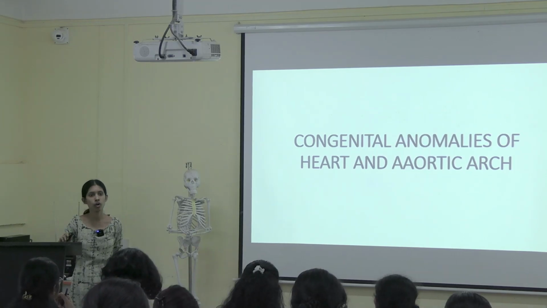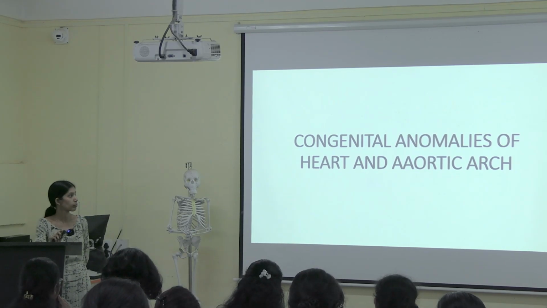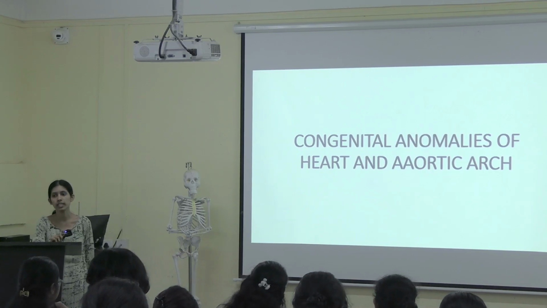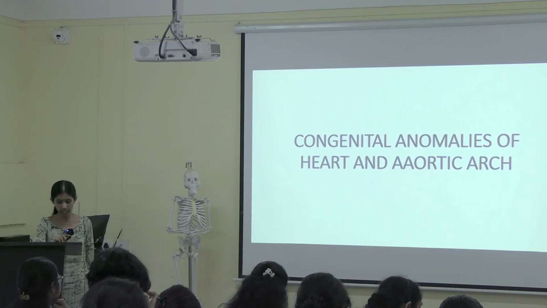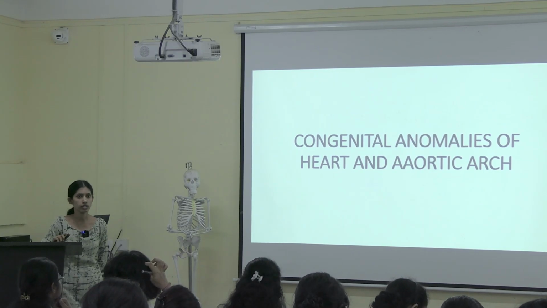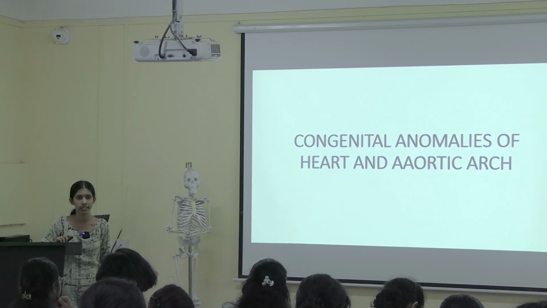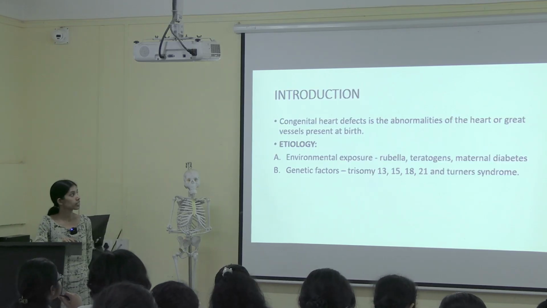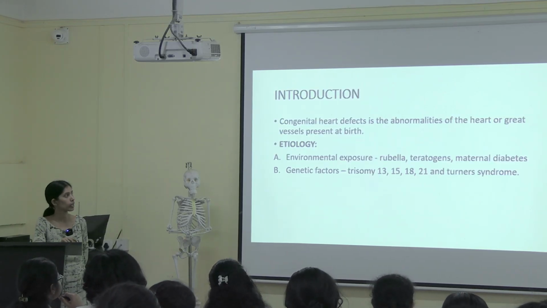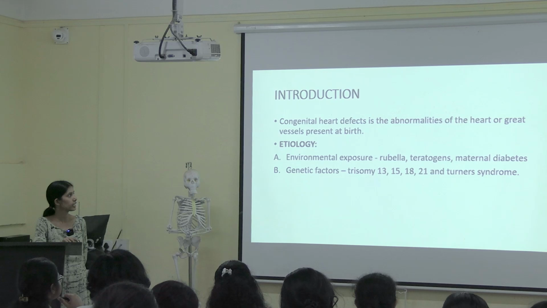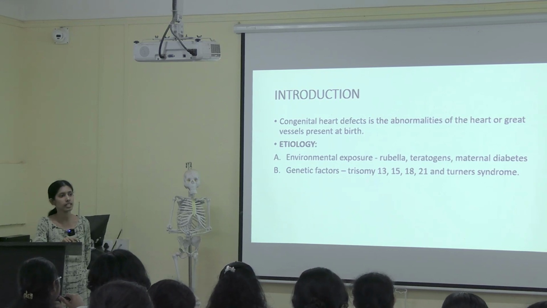Okay, next we'll move on to the developmental anomalies of the heart and also the aortic arches. Any idea about the anomalies of the heart? While discussing the heart tube, at least they have mentioned 1 or 2 anomalies, right? Any idea? Congenital heart defect is the abnormalities of the heart or any other great vessels present at the time